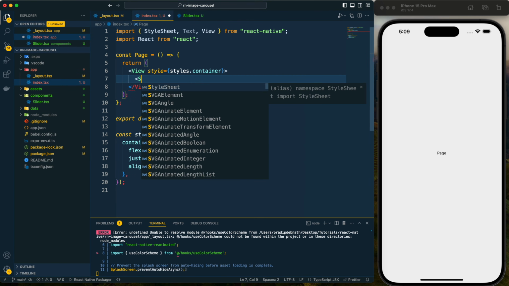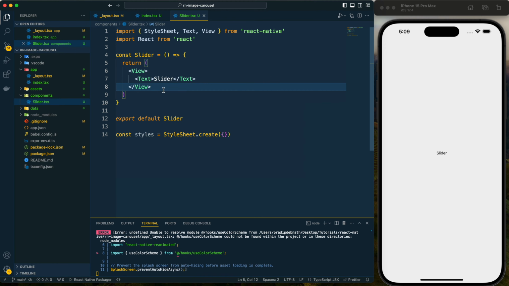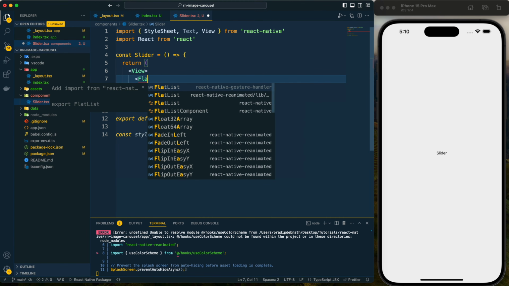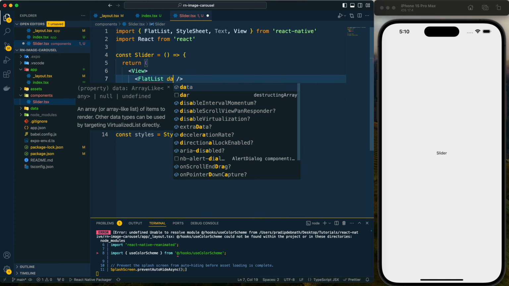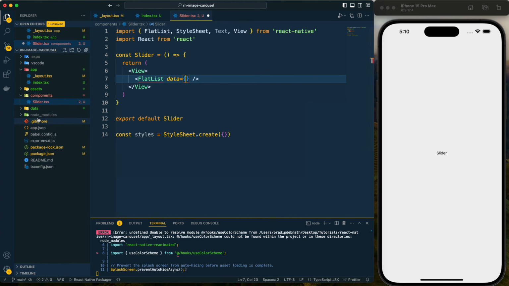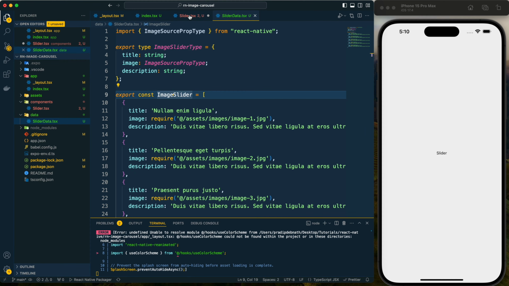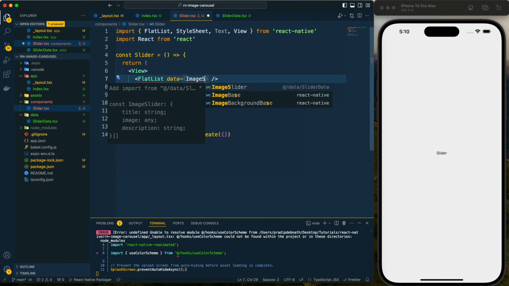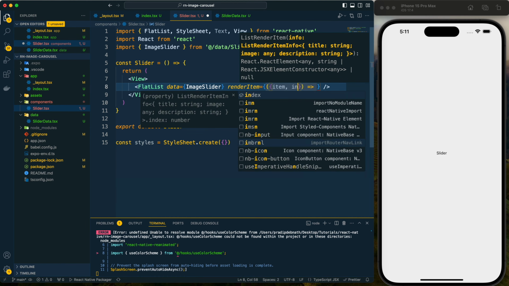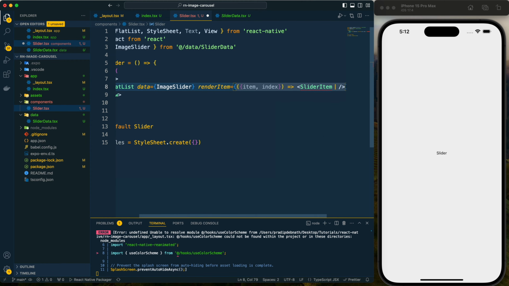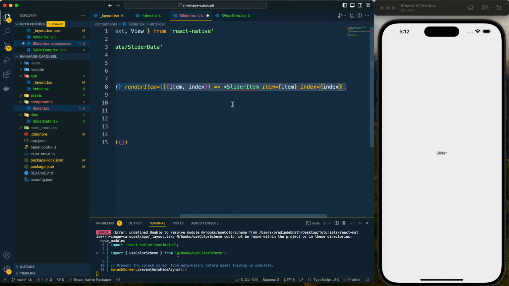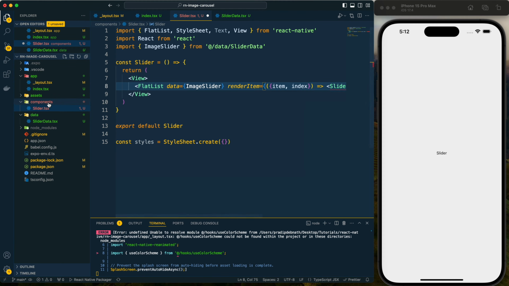Let's import it here. Now we need to create this slider over here. So here first I will create this FlatList, and for the FlatList data I will provide the data which we have here. So this image slider data I'm going to provide here. For renderItem we will get this item and index, and we will pass that to the slider item. So we are going to render this slider item over here, and we can create the slider item component within the components directory,